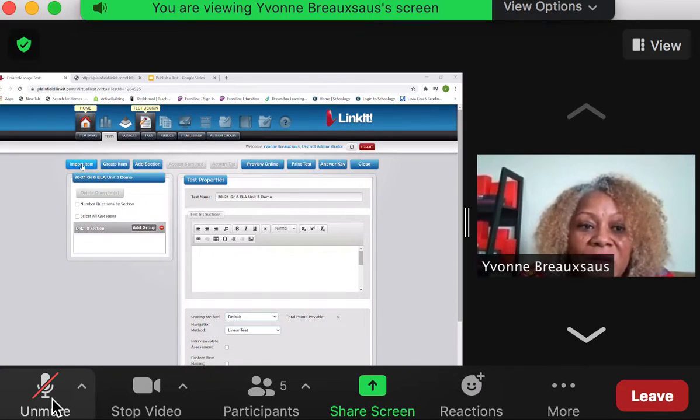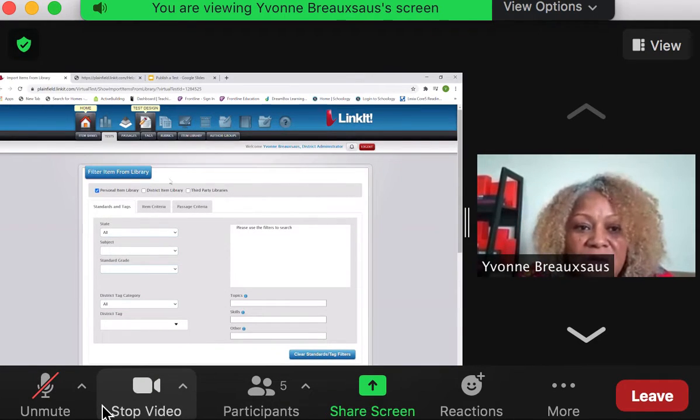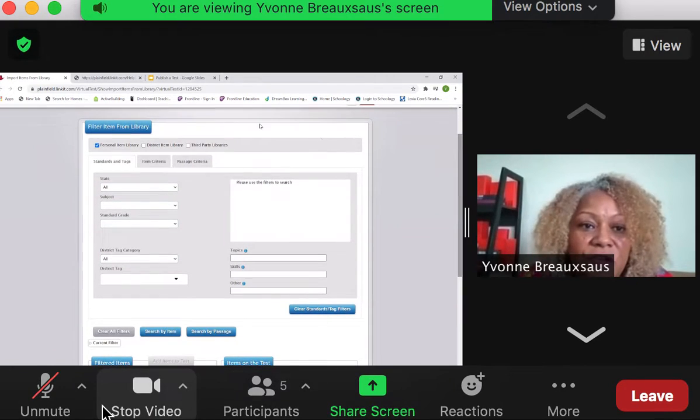So on this page, you see import item, create item, add sections. We want to import items that have already been created for us. And then we get to our filtered item from the library page. And here you see personal item library, district item library, and third parties. Personal item library are items that you yourself have created in the system that you want to pull from. The district item library